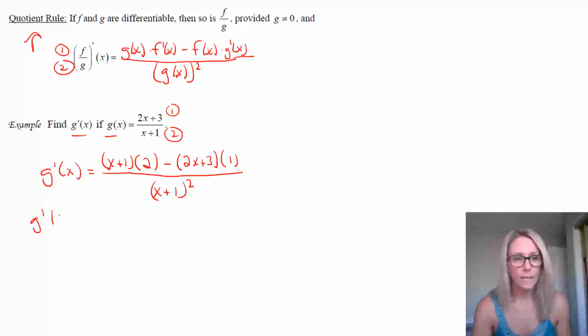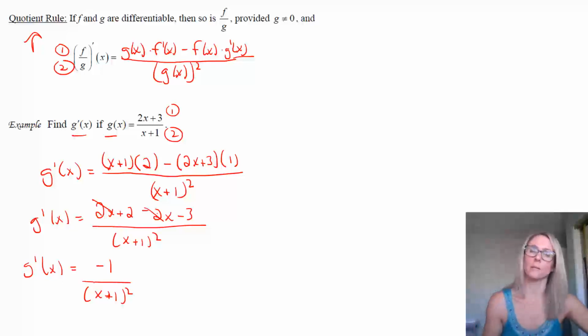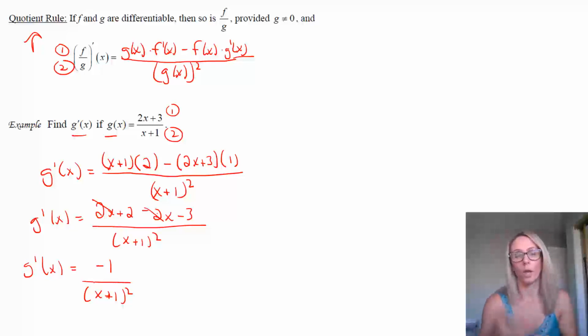And then it is possible to simplify a little bit. We have 2x plus 2, just depends on whether we're asked to do that or not, minus 2x minus 3 all over x plus 1 squared. So often little simplification you can do there. The 2x's simplify and we just get a negative 1 over x plus 1 squared. But obviously you can see that that's a very big difference from just taking the derivative of the numerator over the derivative of the denominator. Very, very big difference. But the quotient rule is needed in a case like this.